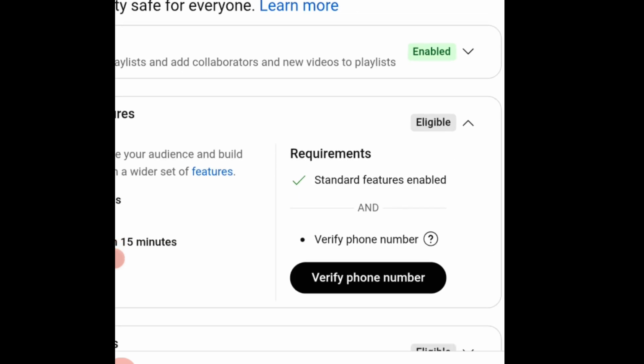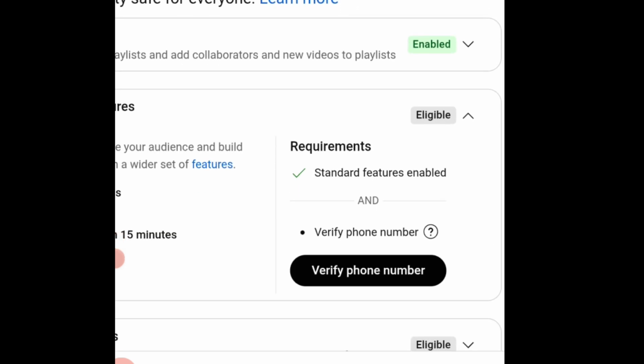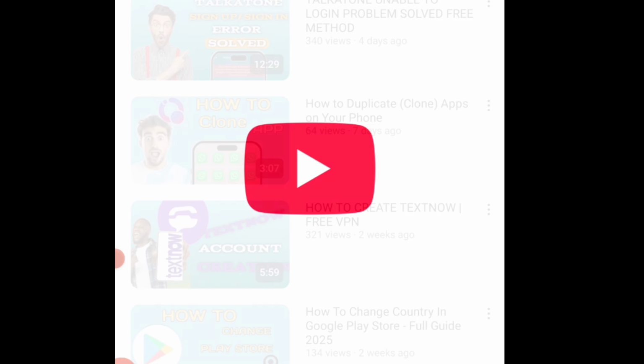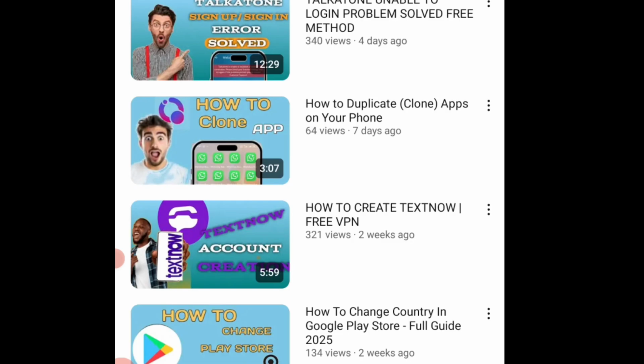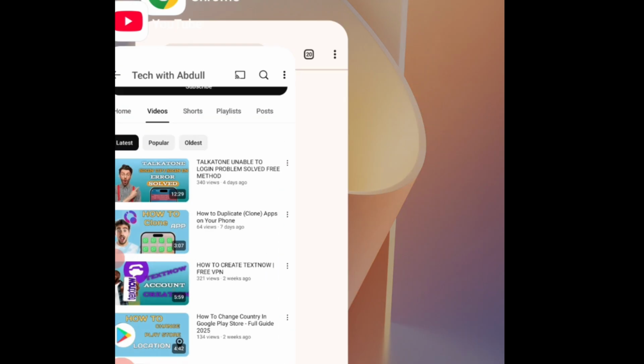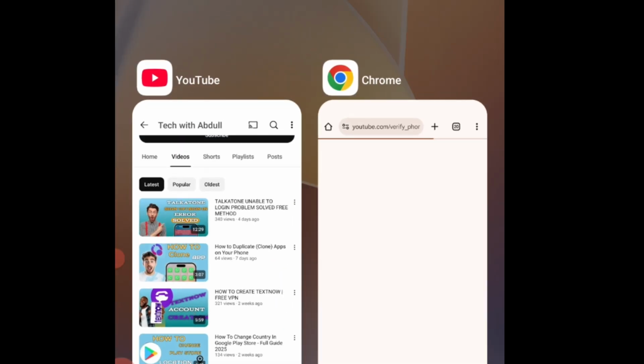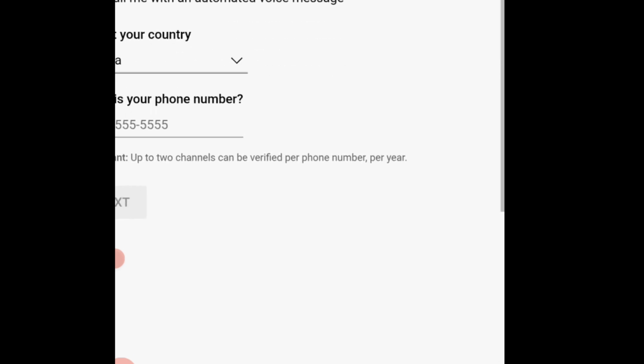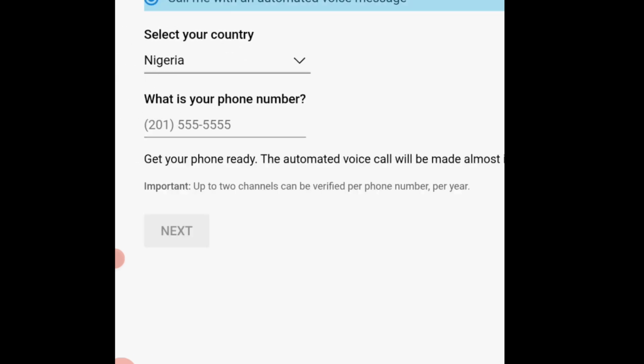So for you to do this, it's actually for you to verify your phone number. After you verify the phone number, you can see they will ask you here if you want it to be text or automated call, which they will actually do to you. So any of this, once you verify,